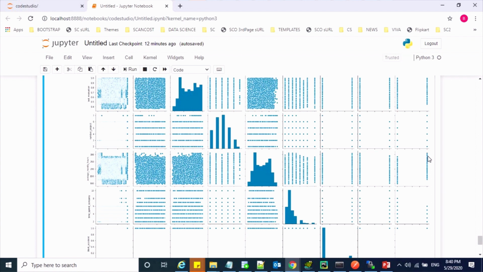So guys, that's all about the data analysis on the given data set. I hope you understand how to perform EDA on the given data set. There are multiple ways to perform EDA, and this is one of the ways I tried to explain to you. Next we will try to build basic models on this given data set.